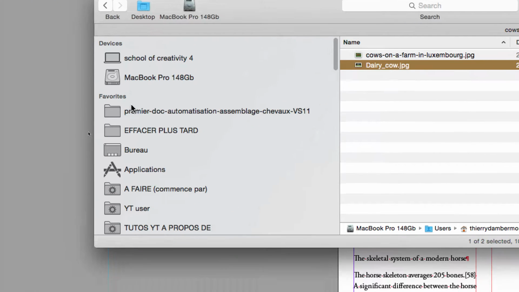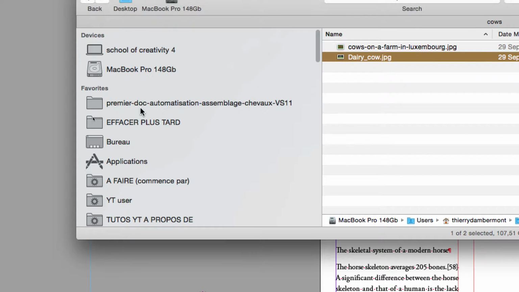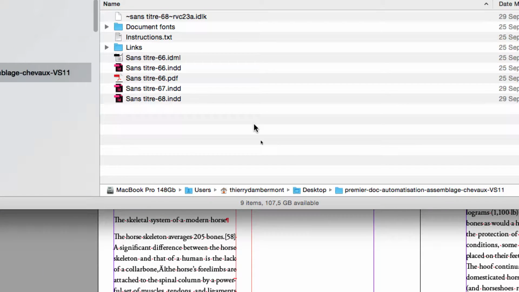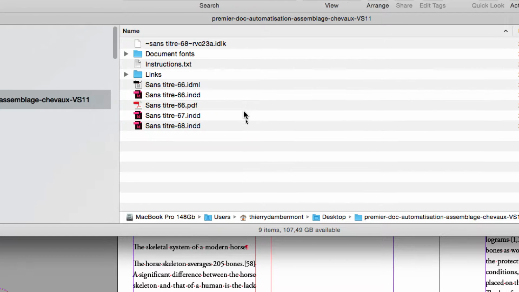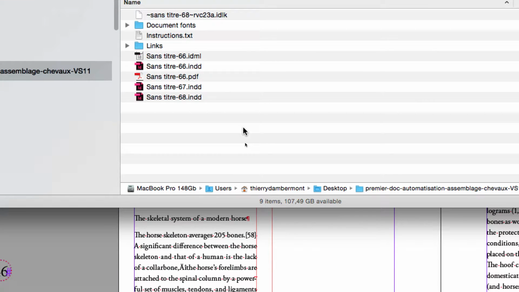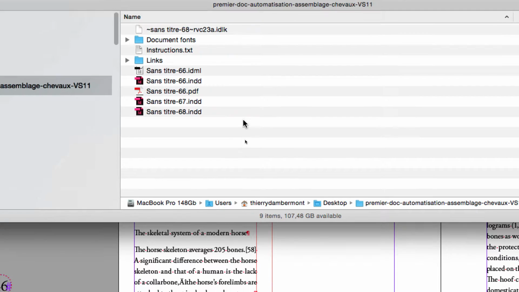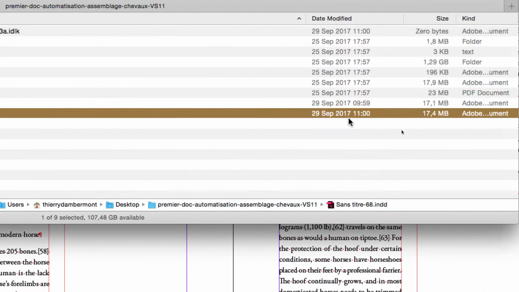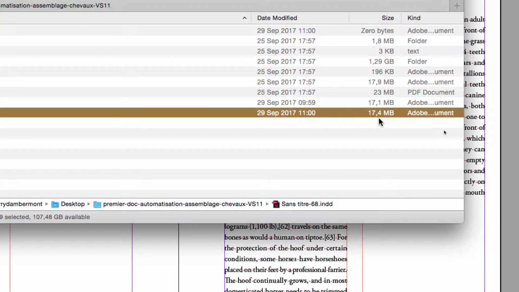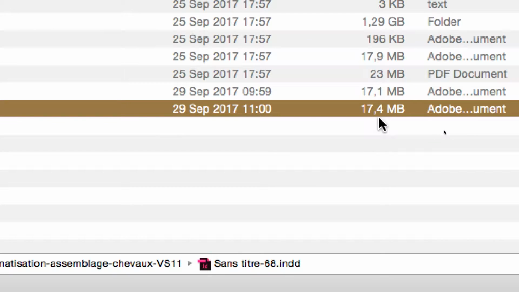So you must understand that you may save your InDesign document on a regular basis. You may have 20, 40 versions of your document. That's not a problem because they are quite small. The resources are not into the document, so it's really easy to save them onto the hard drive. It will not fill your hard drive,